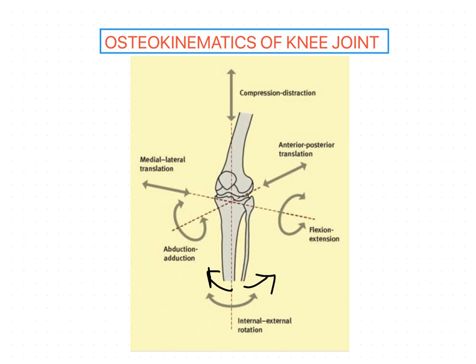In flexion and extension you have to understand, as I have already explained, closed and open kinematic chains. Which bone is moving on which bone in a closed or open kinematic chain is very important. Based on that only we can understand the arthrokinematics, otherwise it will be more confusing. Okay, now first you see how this flexion extension takes place in closed and open kinematic chains in the